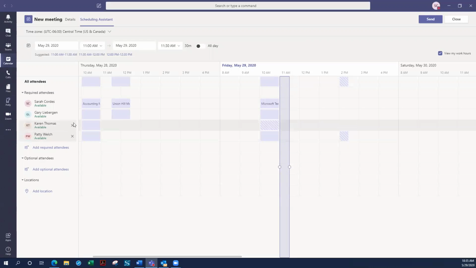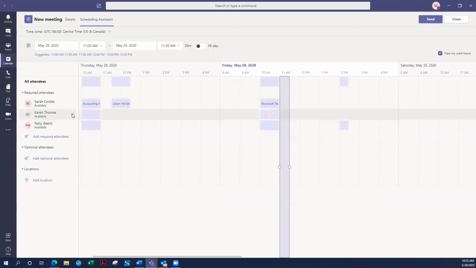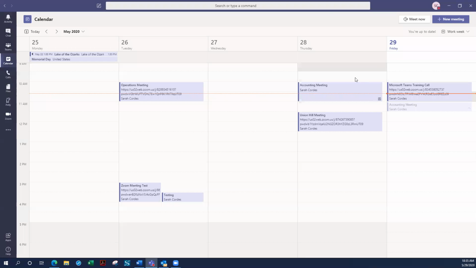And then once I hit send, so I'll go ahead and send this to you. Once I hit send, it does email that person, and then they would be able to accept or decline, similar to an Outlook invite. And then if I go to my Outlook here,